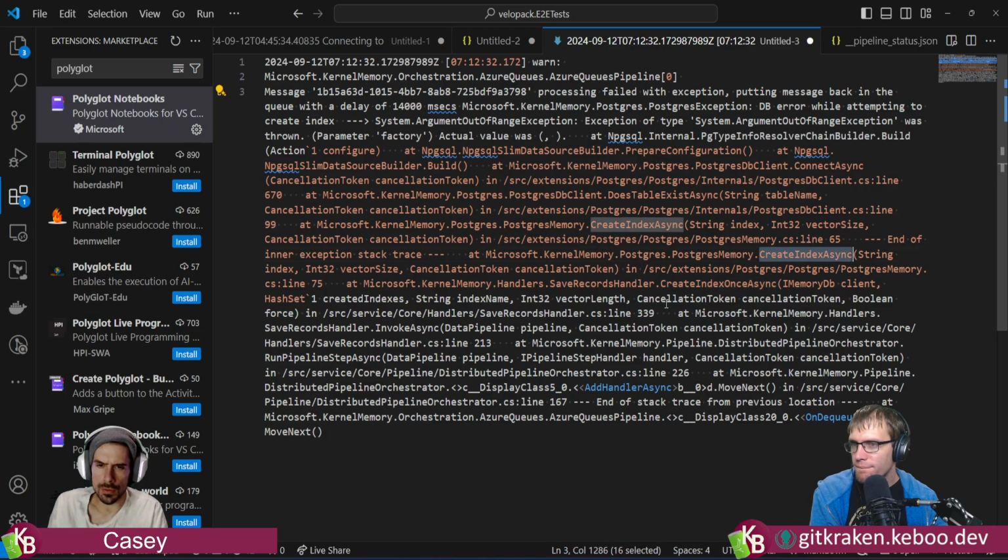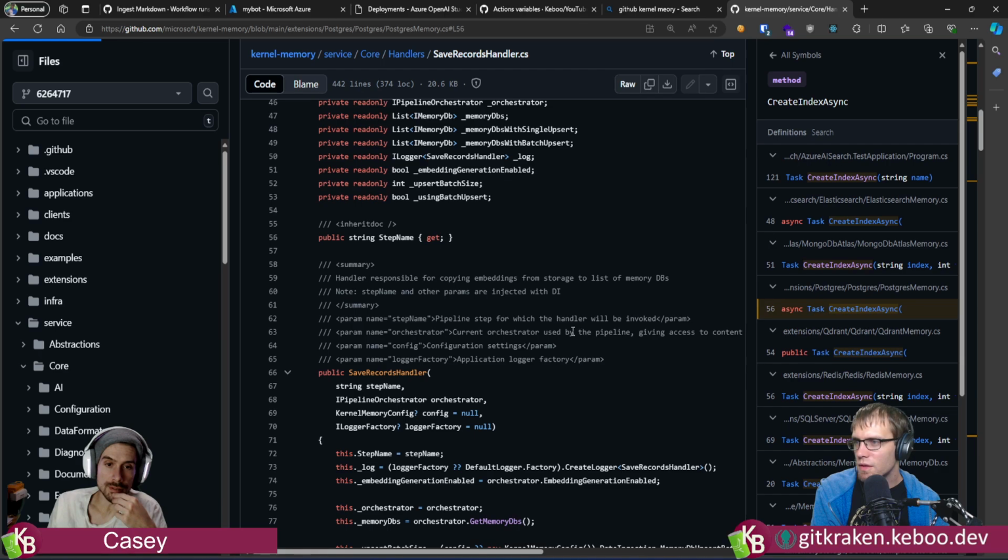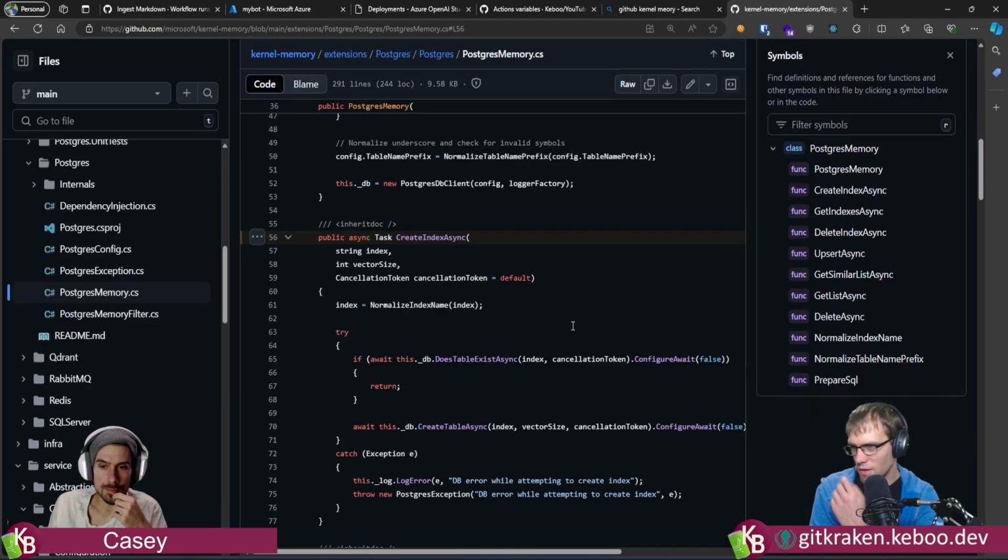So go create index async. This is falling down into the Postgres memory. Go to create index async, because I don't think that's a database index. I think when it says index, it's referring to this schema implementation, I believe.